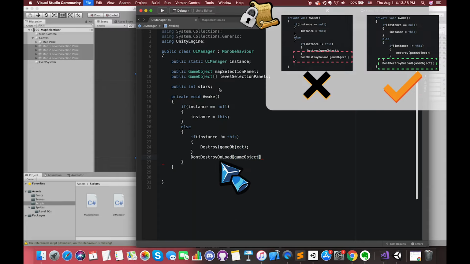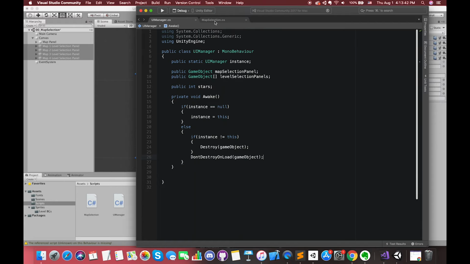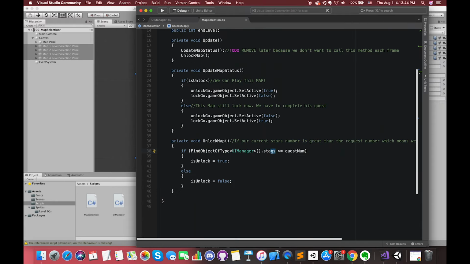Pay attention to here. DontDestroyOnLoad should be typed outside the if-else statements. In each scene, we don't want to load the UI manager script under any conditions. If we type this line inside the else statement, sometimes we will destroy the UI manager in another scene. I will fix it later. Back to the map selection script, we can replace the FindObjectOfType with